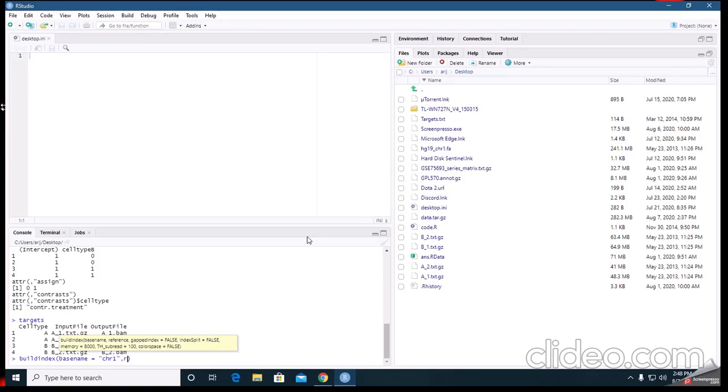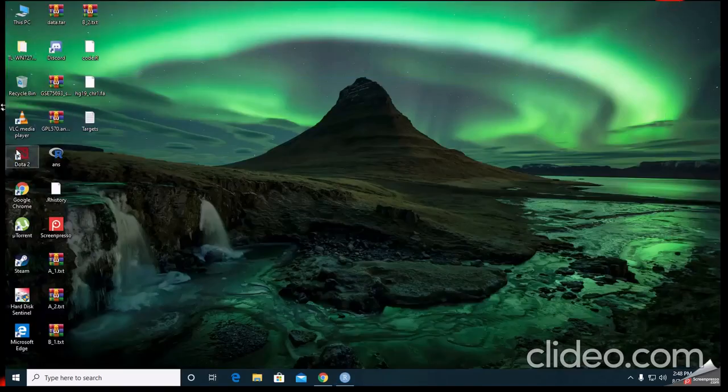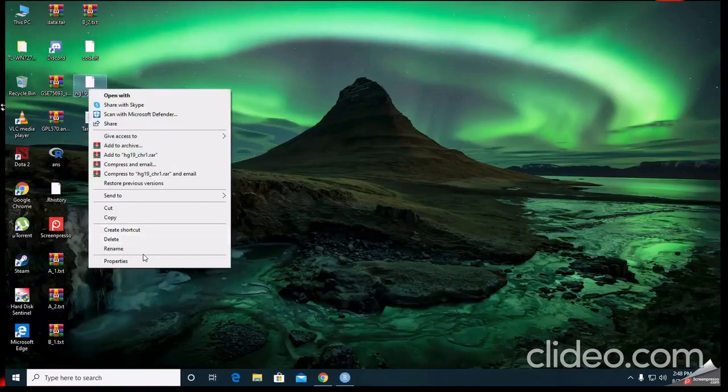And now I am taking my reference genome, which is HG19 chromosome F8, a FASTA file. This genome is in FASTA file.